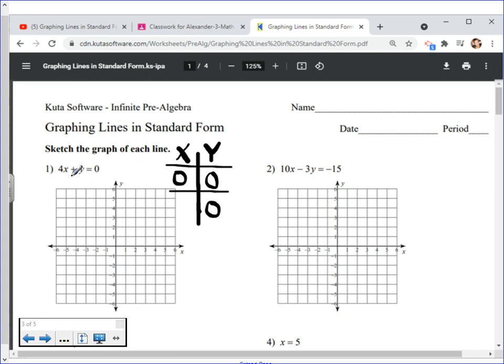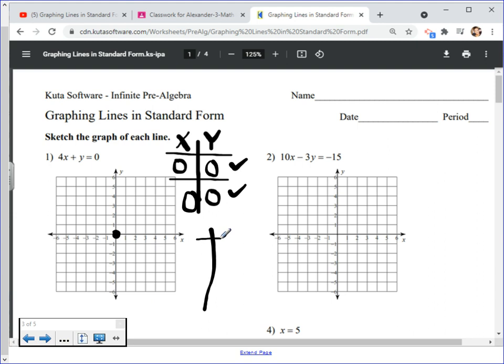Now what if I made y 0? What's 0 divided by 4? It's still 0. So look at this. We only have 1 point right here, and it's at 0, 0. The first point and the second point are the same. You can't graph that point twice. You've already got a point there. So what do you do? This is the graph of y equals 0. Okay? So when you have that graph and your y is 0,